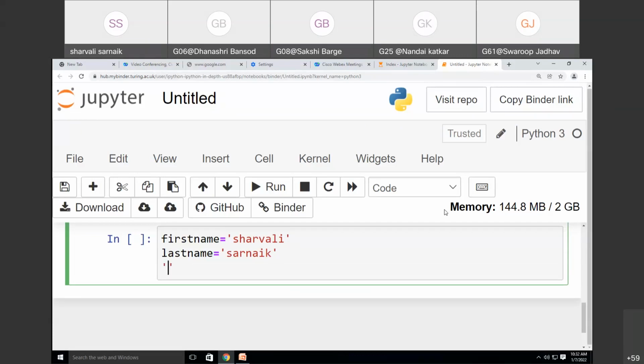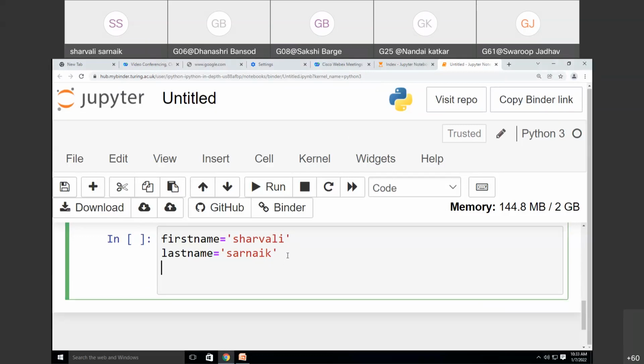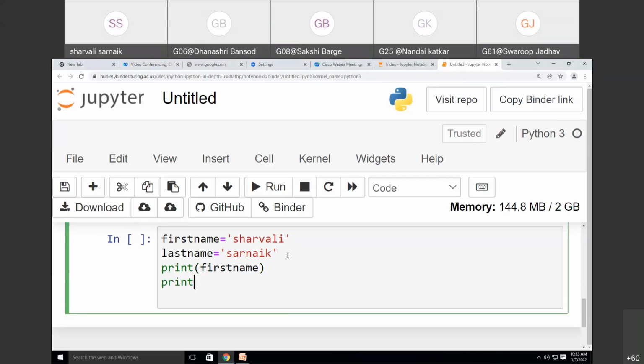So now I just want to print these two values. I want to print Sharvali and I want to print Sarnaik as well. So if I want to print the values, what do I need to do? I will write print, and inside that print, I will write first name. And again, I will take another print function and I will write last name.